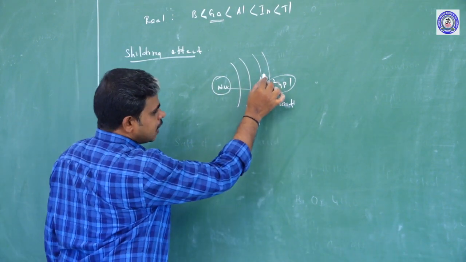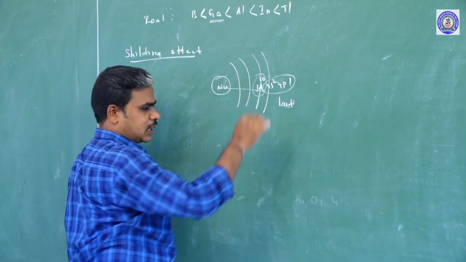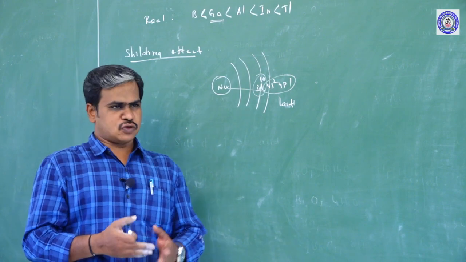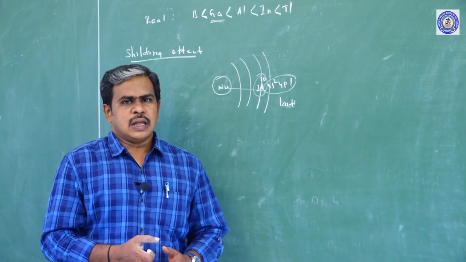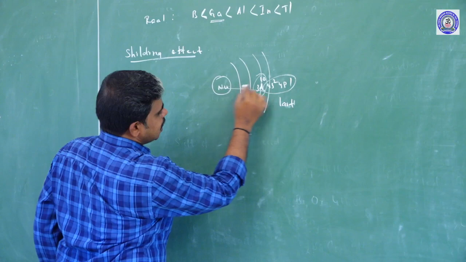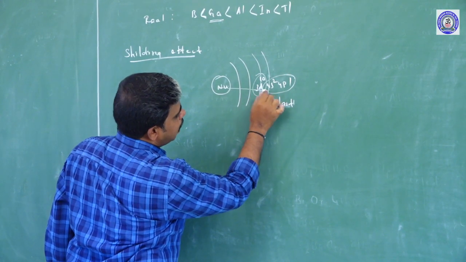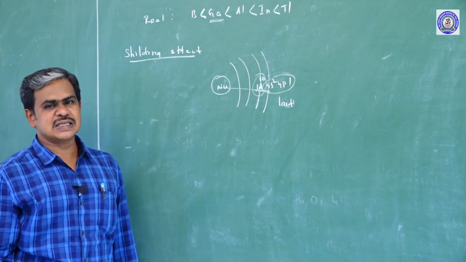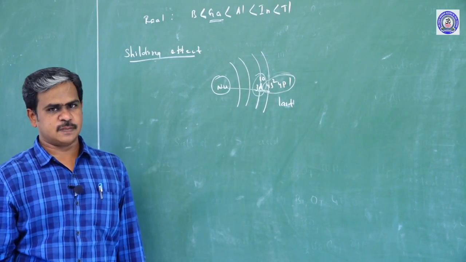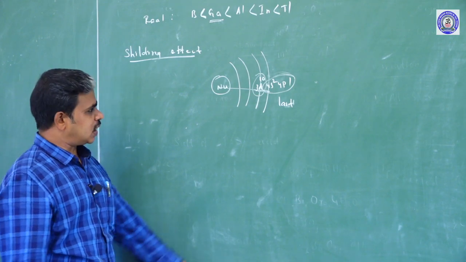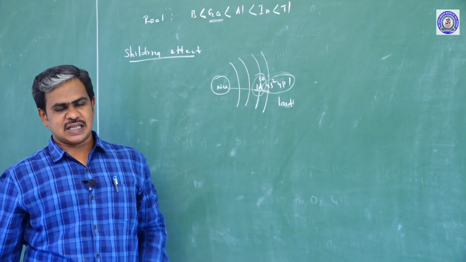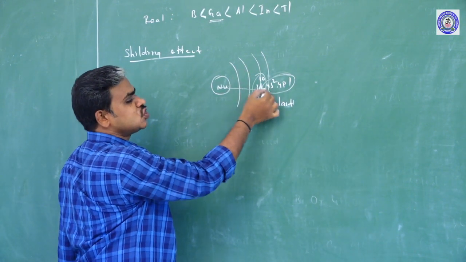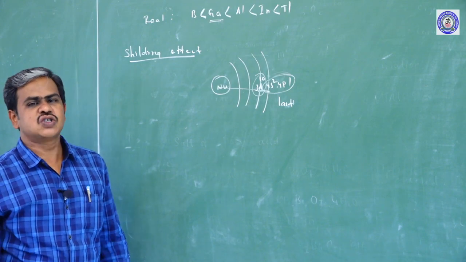Now it will be shielded by this d orbital, and you know that the shape of d orbital is diffused. Diffused means larger. So the nuclear charge easily passes through that d orbital, so that here it experiences a very high nuclear charge. The shielding effect is nothing but the last electron being shielded by the inner shell electrons.